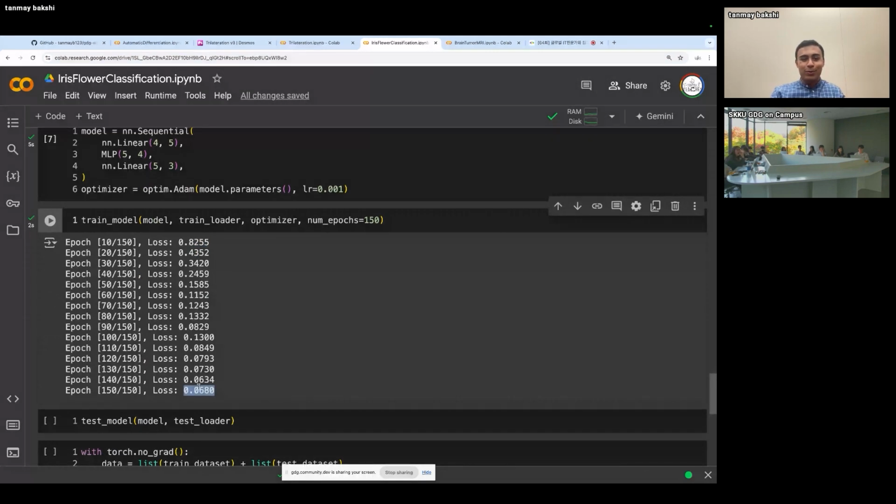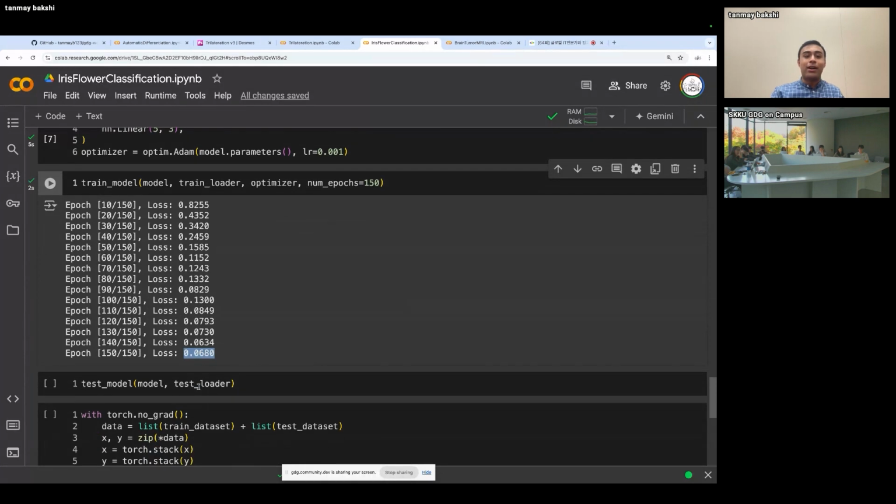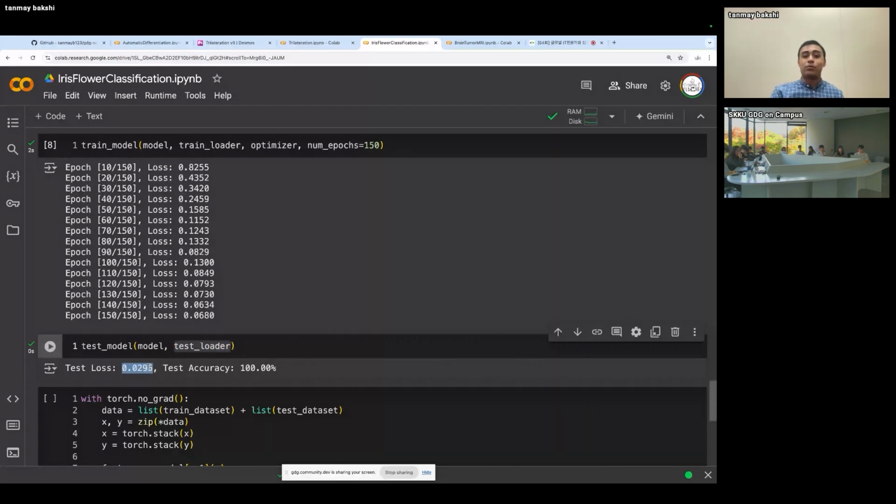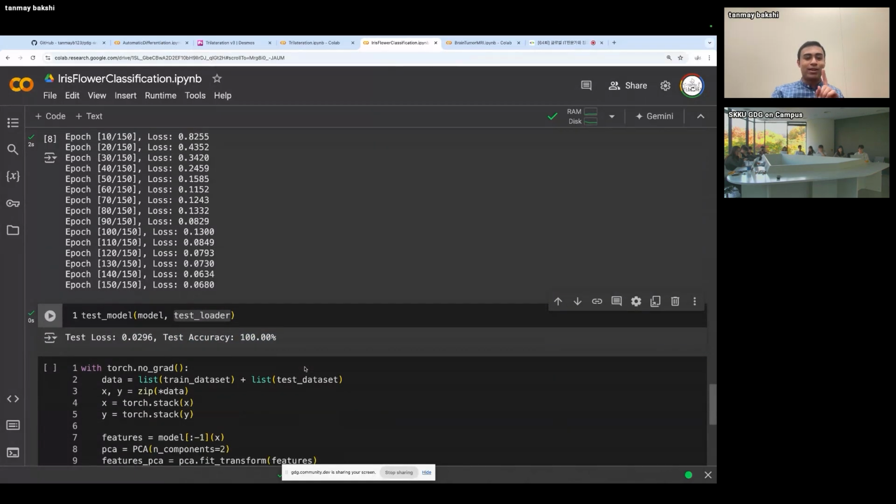And those numbers probably don't mean much to you, but we'll go ahead and test the model now to get some more interesting numbers. So testing the model on the test data set, which is data that the model's never seen before, we get a loss of 0.02, and already with barely any actual effort put into training, we're at 100% test accuracy with this model. And the most interesting part is down here.